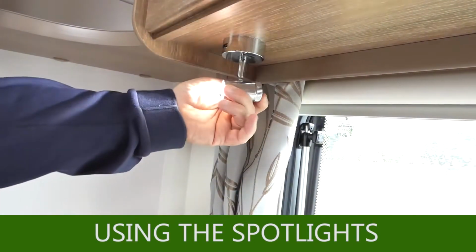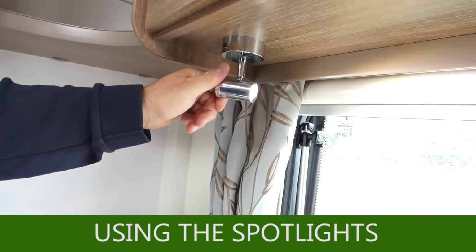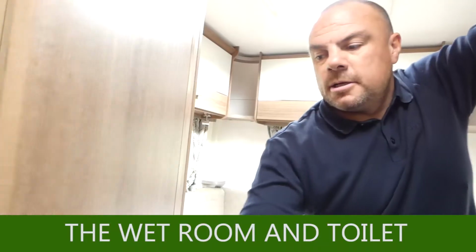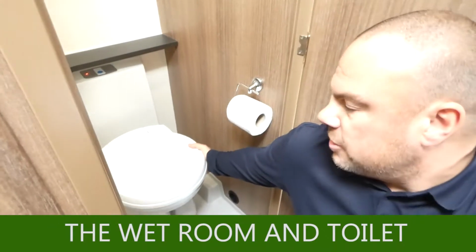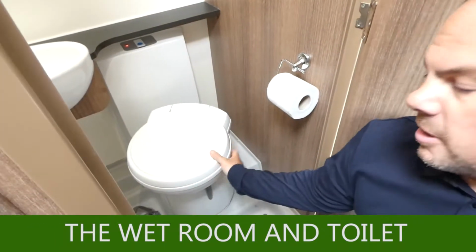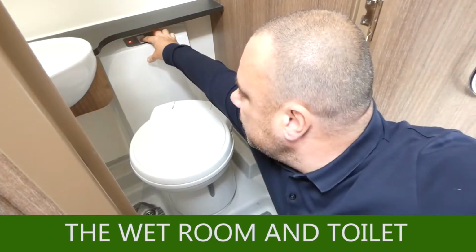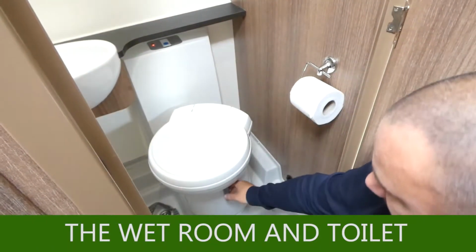These spotlights can be twisted round and also faded in and out, and they also have a handy USB port. So this is the wet room. This is the toilet, which you can actually move like so. Open it like that. You've got the flush here, which is the pink chemical going down, and also underneath, this